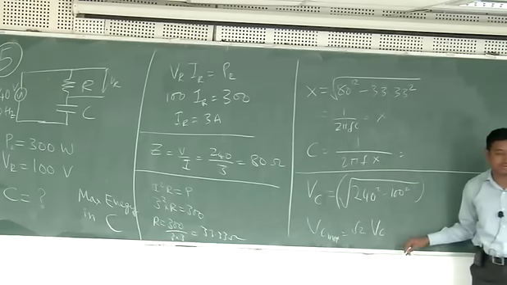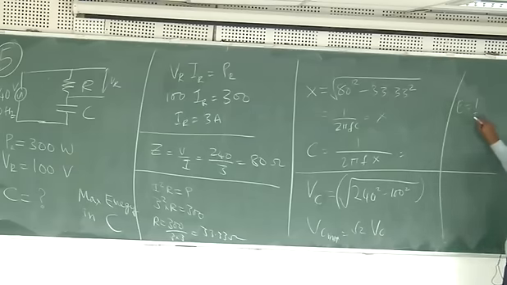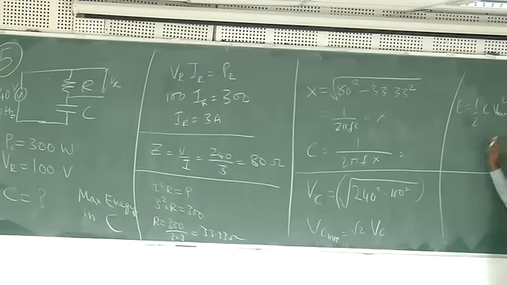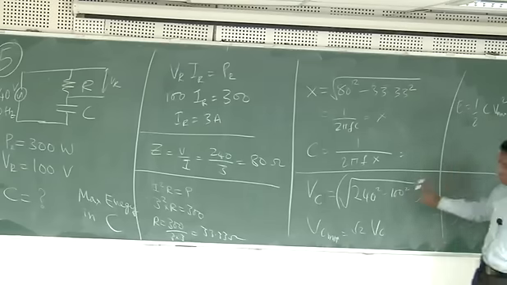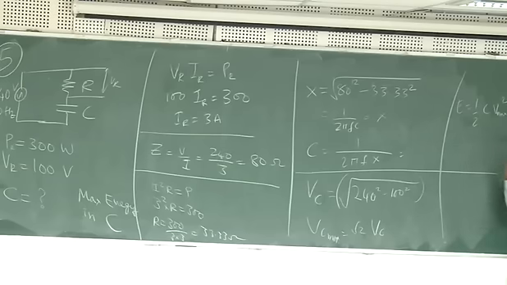You will get the maximum voltage of the capacitor, and then the energy stored in the capacitor will be half into C V square, C V max square. So half you know, C you calculated here, V max you calculated here, then you can calculate the energy stored. So if you take care properly the units and all, everything will be fine. This will come some 10 to the power of minus 6, so you can convert into micro and that kind of thing.